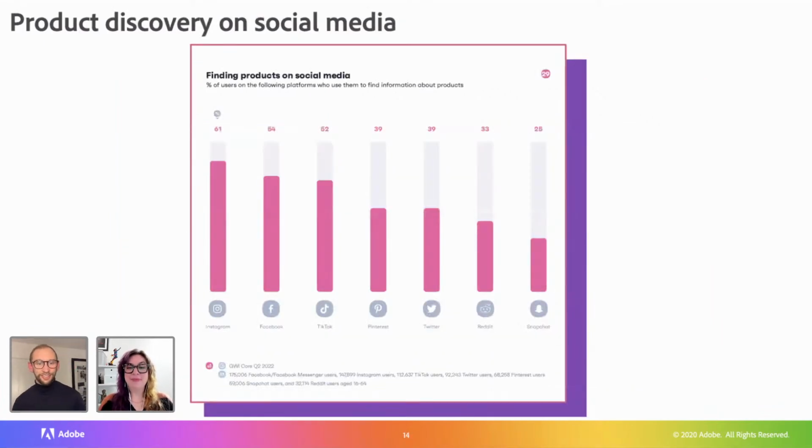That's really exciting. Right, let's go into pure e-commerce, talking about business things, and something where Instagram is the top of a chart, which we don't often see at the moment. But this is a really encouraging thing. So, 61% of 175,000 users say one of their primary roles of using Instagram is to find products or information about them. So this can be a really useful chart, informing what platforms you potentially will bring into your strategy throughout 2023 to help you raise the profile of your products. Maybe if you're an e-com business, this can help inform that strategy.